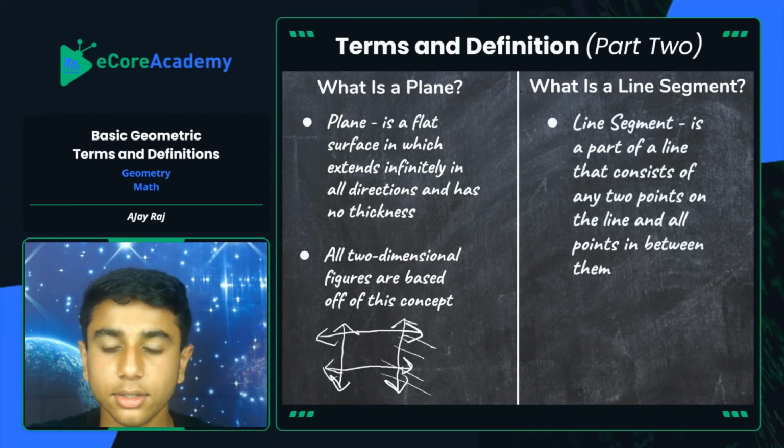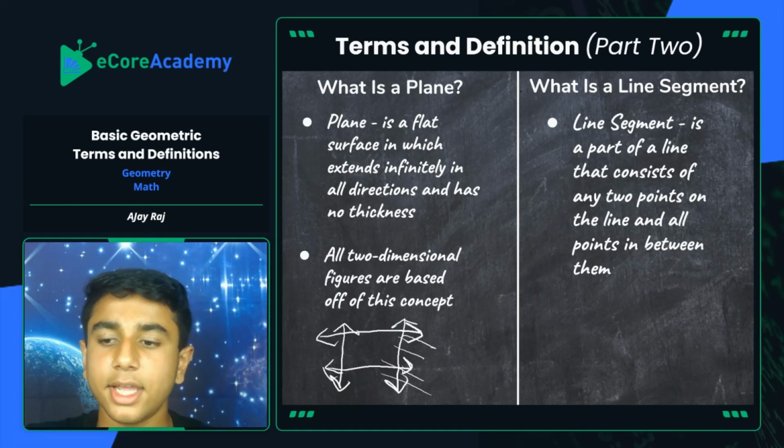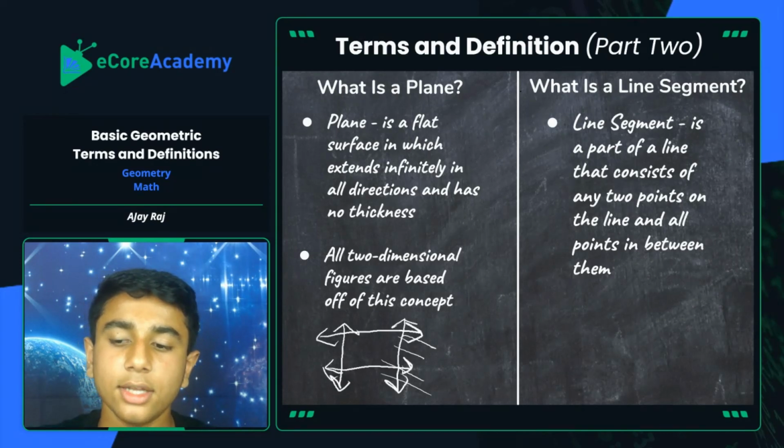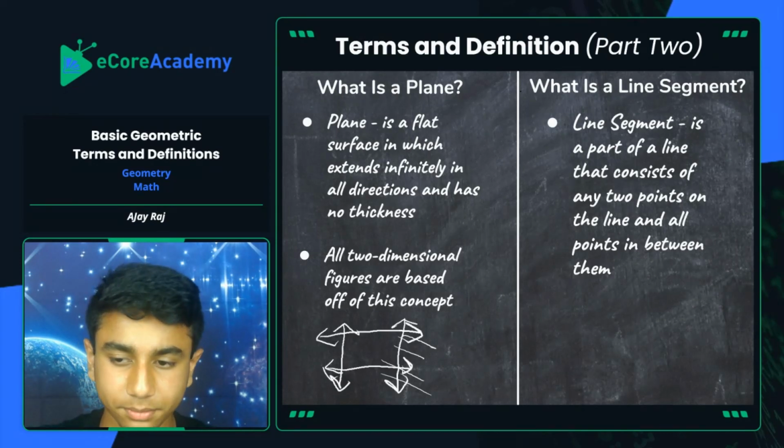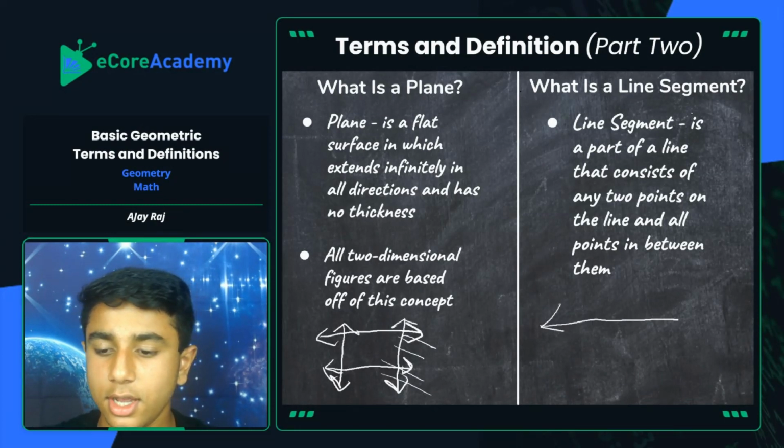And a line segment, aka a line in real life, is a part of a line. It's very important to see that it's a part of a line that consists of any 2 points on the line and all points in between them. So I'll show you what that is. If you're given a line, because we already know what a line is, if you're given a line like this, and you're given line AB with 2 points, point A and point B,